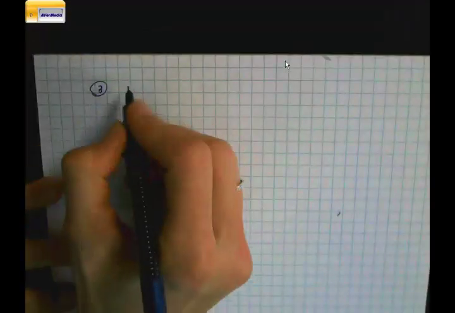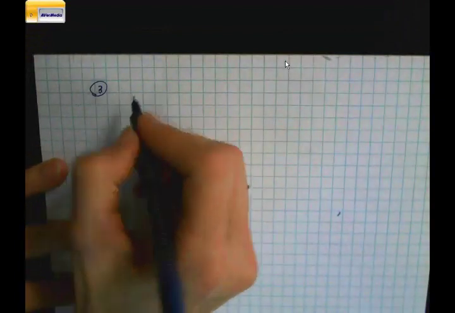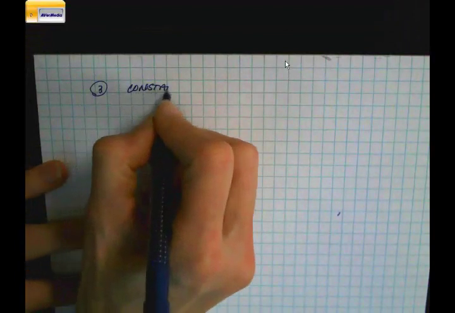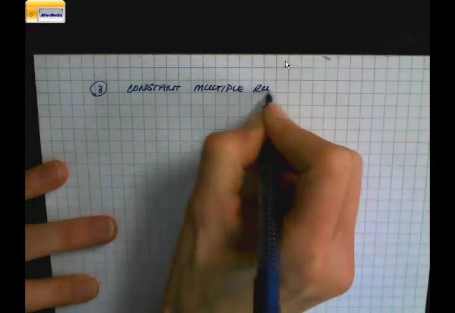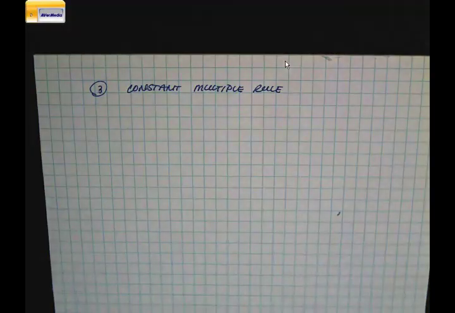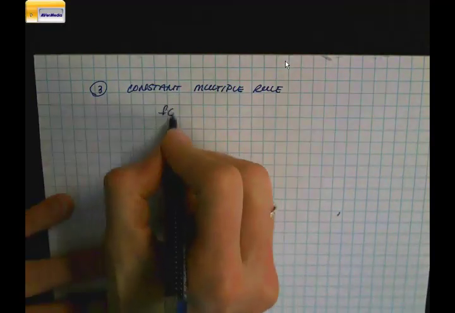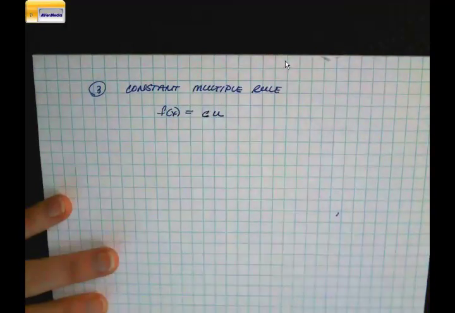Okay, so that's your first two rules. Now our third rule is going to be the derivative of the constant multiple rule. The constant multiple rule, that's what it's called. This one says if f of x equals c times u,